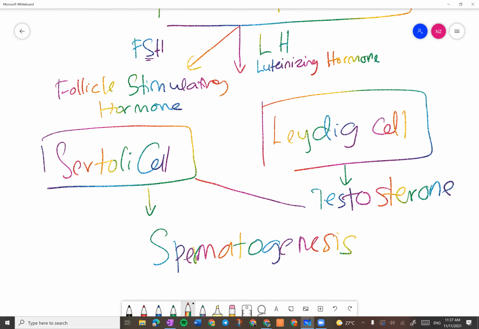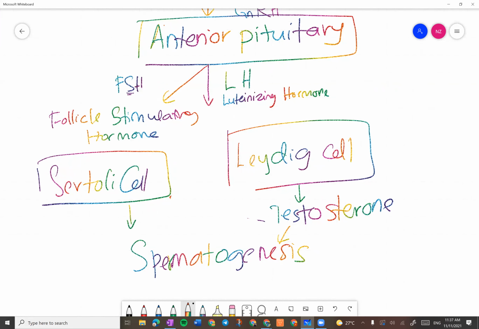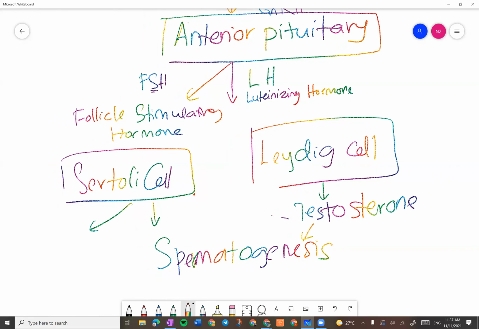Sebenarnya testosteron ni juga yang tolong Sertoli cell ni untuk buat spermatogenesis sebenarnya, tapi dia tidak masuk dalam syllabus. Okay, tak masuk syllabus awak, so you tak tahu pun tak apa, you just buat macam ni je. Dia secrete testosterone, hence dia akan membantu kepada spermatogenesis. Tak boleh habis kat sini saja, awak kena bagi tahu juga apa efek lain terhadap testosteron dan juga apa efek lain hasil Sertoli cell. Which is Sertoli cell akan menghasilkan satu lagi